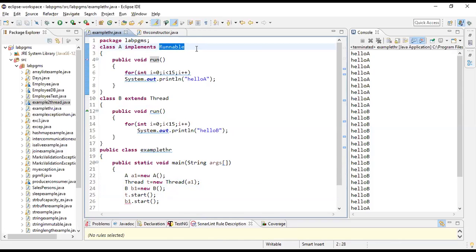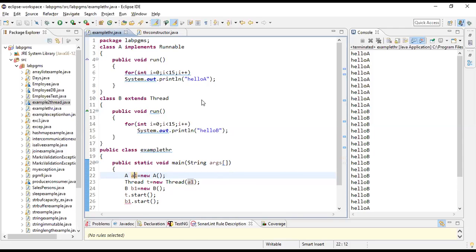The second way of creating your threads is by implementing the Runnable interface. Runnable is an interface. You know what a Thread is, what a class is and what an interface is; we have seen many examples in the last units about interfaces as well as threads. Now your A is implementing the Runnable interface. So you will have your A1, which is an instance, and you will create an instance of Thread and pass this A1 into your Thread. My B doesn't have anything; B is as it is, B1, and you call B1.start. Here, instead of A1.start, you can call t.start.